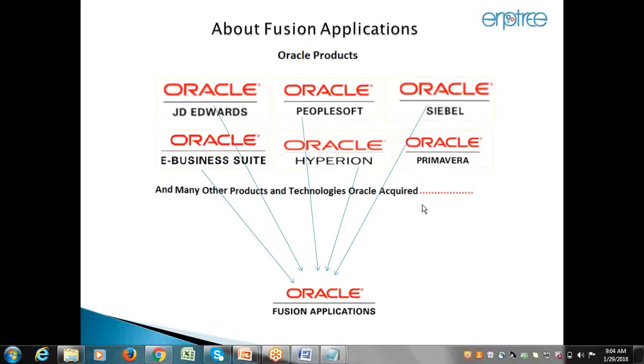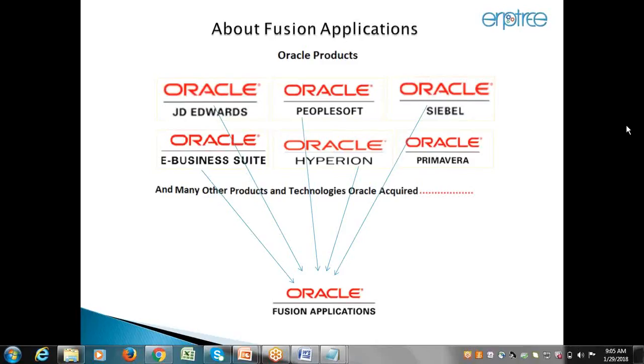Just one quick question. The sequence of releases, I mean the products. Initially Oracle released HCM, Human Capital Management. After HCM, the next product is finance. After finance, they released procurement. After procurement, the SCM solution, and later PPM and other areas. That's how they followed the sequence of release.